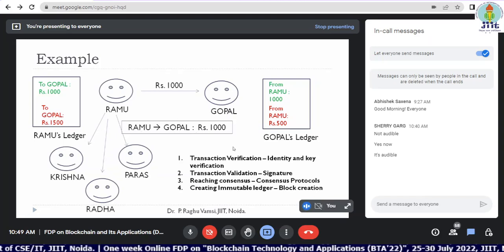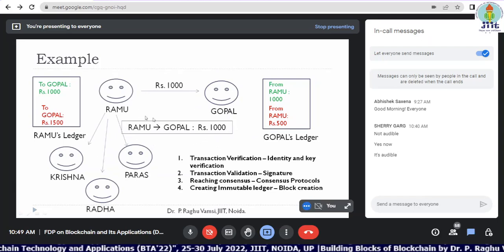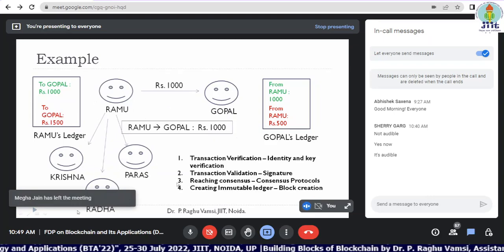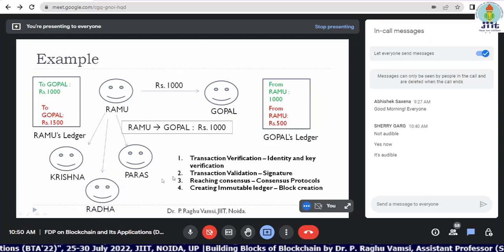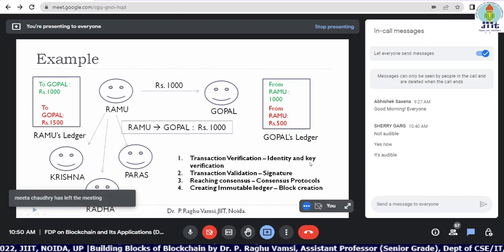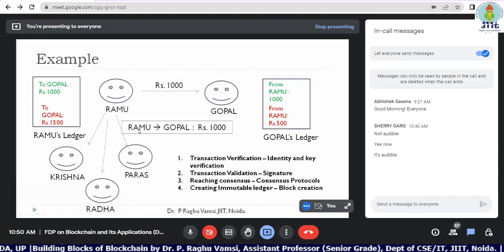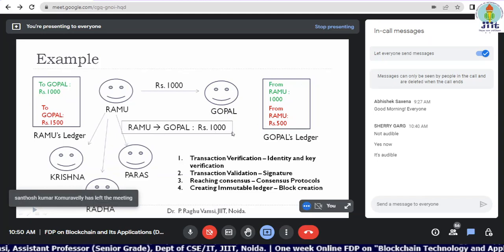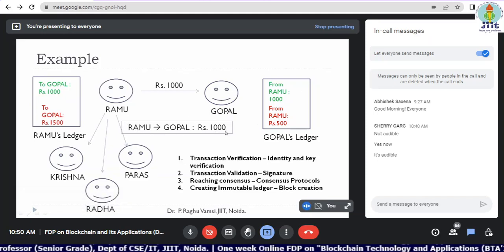For this purpose, obviously, we all know that the public key cryptography algorithm is popularly used whenever multiple entities are involved and to achieve greater security. Whenever Ramu, Gopal, Krishna, Paras, and Radha, these business people, these entities involved in the business environment, want to make some transactions, or anyone joins the business network, first they will be supplied with a private key and a public key. So Ramu will use Gopal's public key to encrypt this transaction, and will send it to Gopal. And now Gopal will use his private key and will decrypt this encrypted transaction